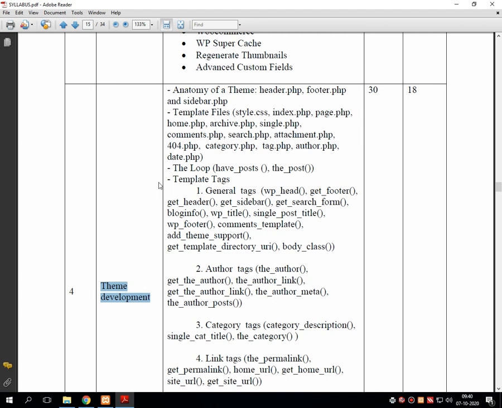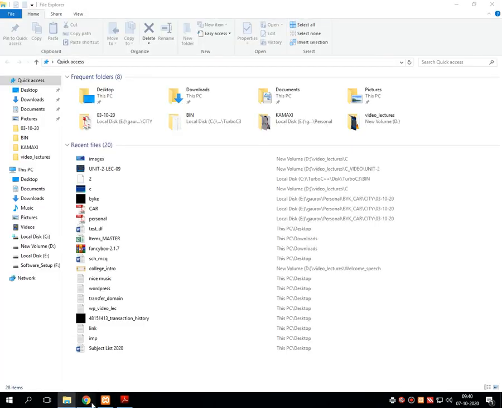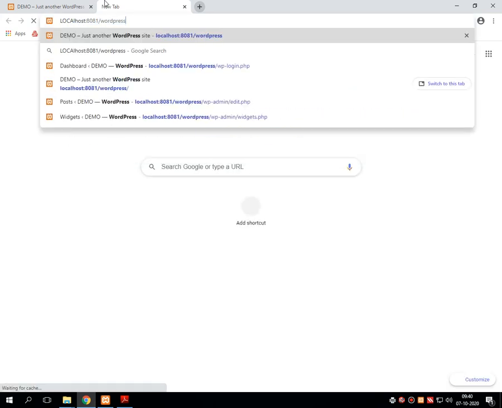Now, in the anatomy of the themes, there are header.php, footer.php and sidebar.php. What does it mean? These are the three files which come pre-built with any theme. For example, right now let me log into WordPress.